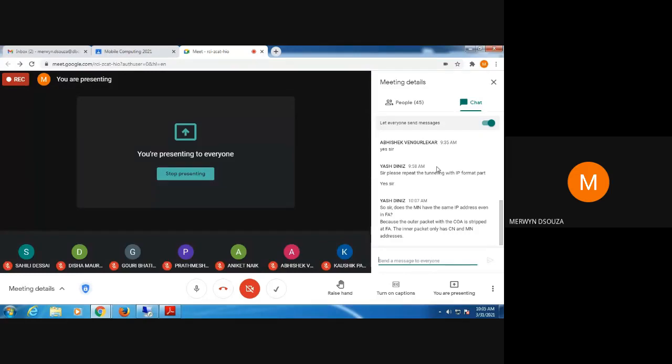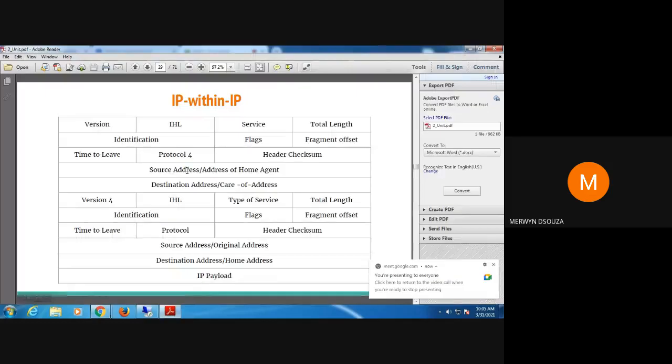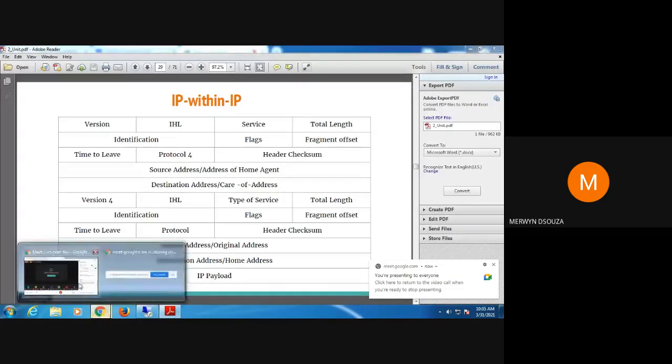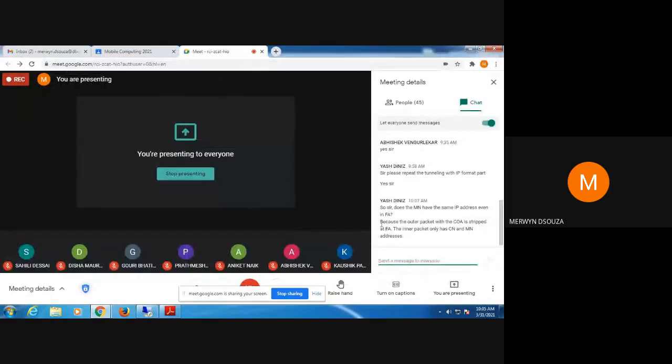Because the outer packet is stripped, the inner packet has only the address of the CN and the MN. That's how the MN is able to reply to the CN. Yesterday someone was asking, no? It is because the outer packet has been stripped.